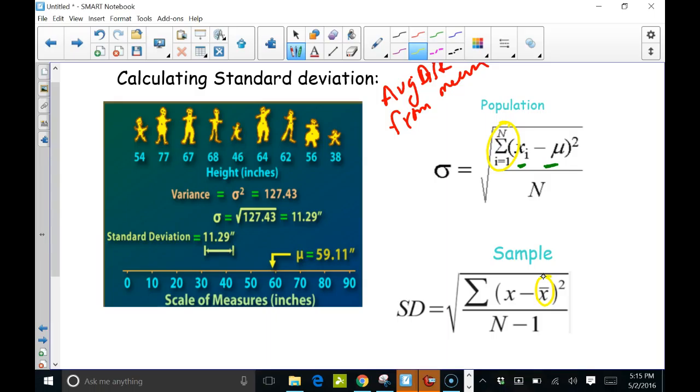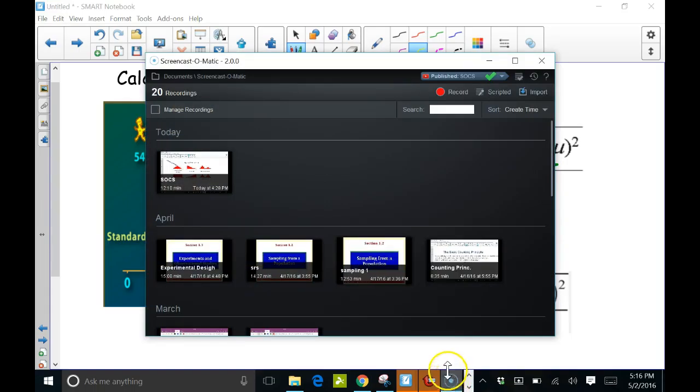So what we do is instead of dividing the sum by n, we divide it by n minus 1 to make it a little bit bigger, right? When you divide by something smaller, you make it bigger. So it's a little trick. So for the sample standard deviation, instead of dividing by 9, you only divide by 8. Again, your calculator is going to do this all for you. You're just going to have to, on your own, decide, am I using a sample or am I using